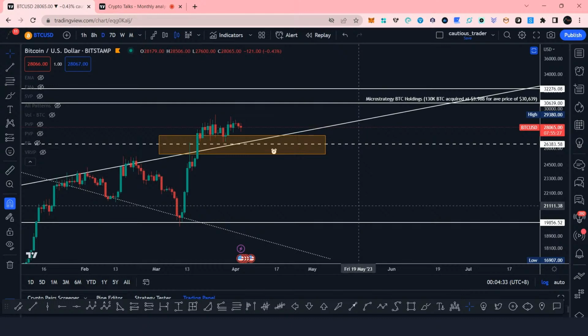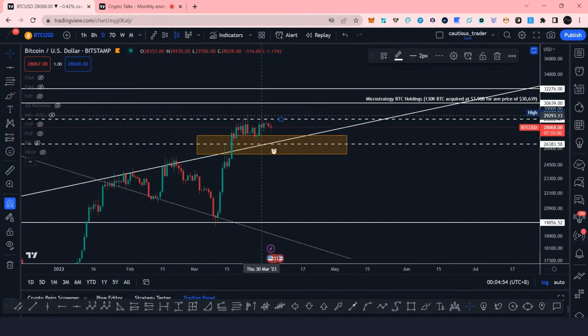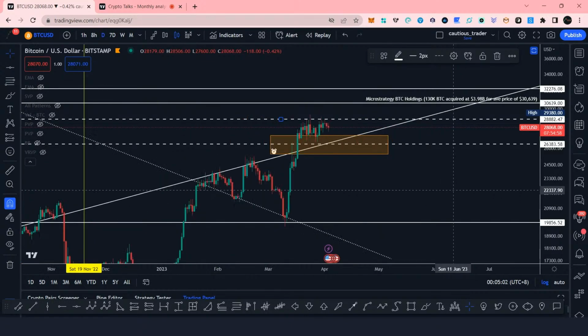26,400 area. Yeah, if you're trading on a daily, you can actually set an alert on that above the bullish, because it's around 28,800 or 29,000, then that will be a possible bull and a retest to around 30.6 thousand dollars.